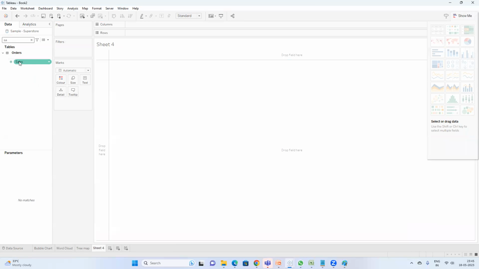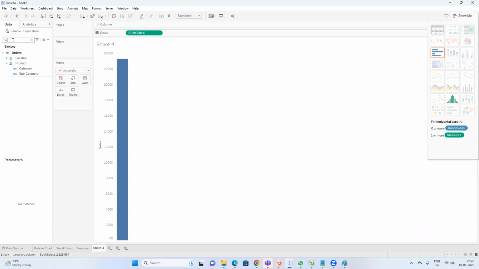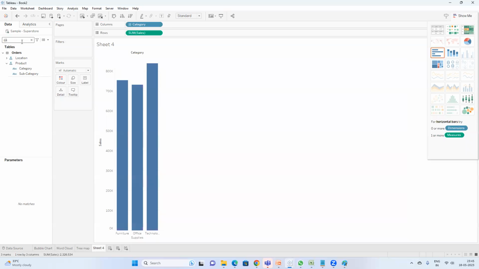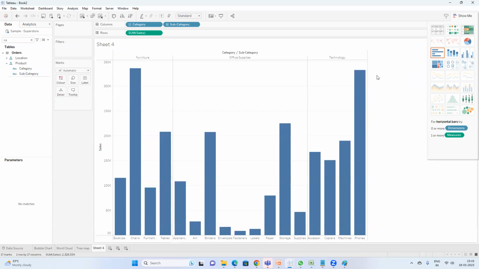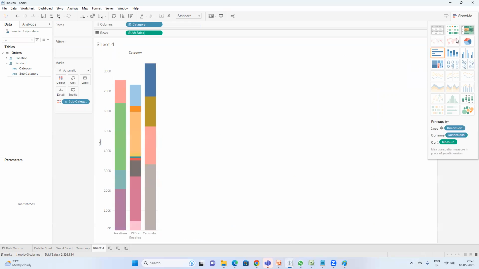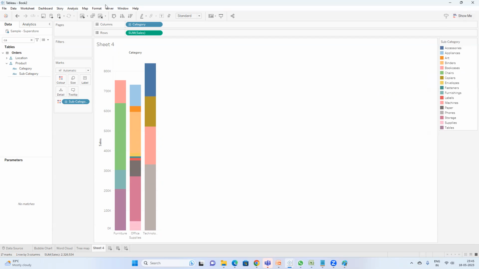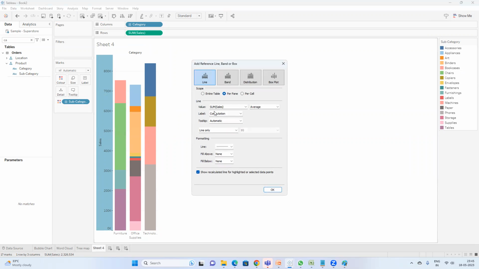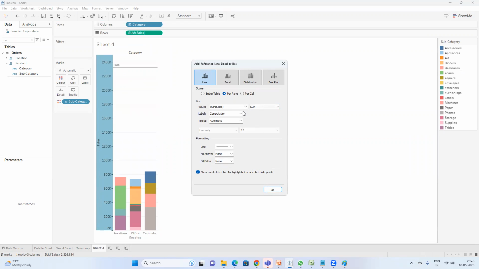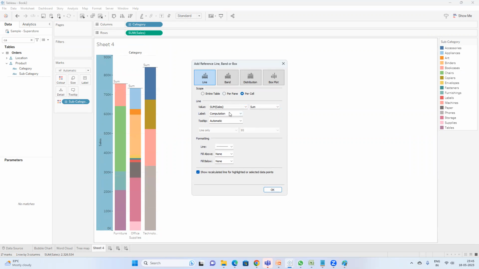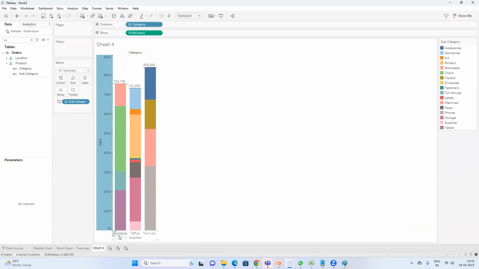So take sales and take category and subcategory, and take this stacked. Okay, so we have a total of, let's say, for each and every one, let me show a reference line, sum of sales per sale and value. Okay, so there, for furniture we have